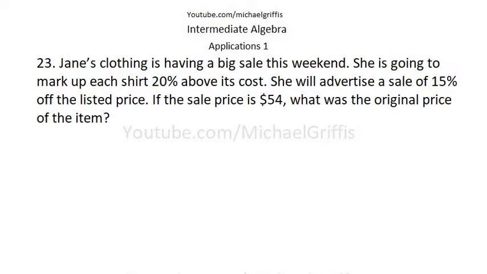Jane's Clothing is having a big sale this weekend. She's going to mark up each shirt 20% above its cost. She will advertise a sale of 15% off the listed price. If the sale price is $54, what was the original price of the item? And I see this all the time. They're having a big sale. Okay, so here's